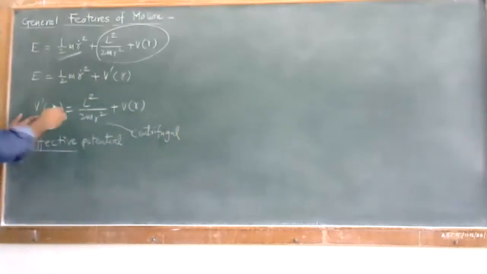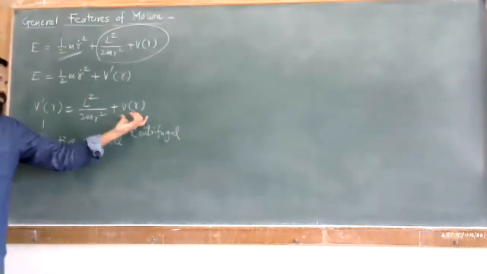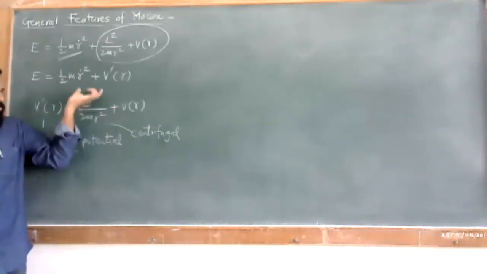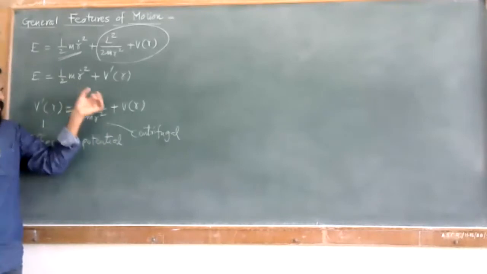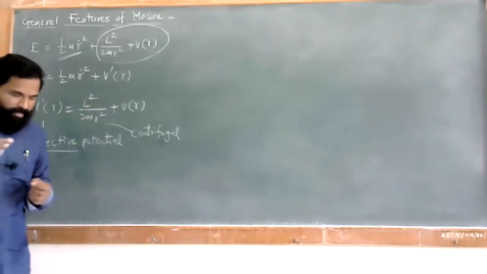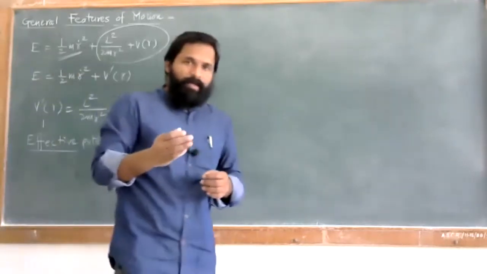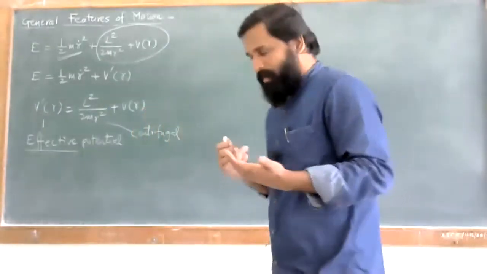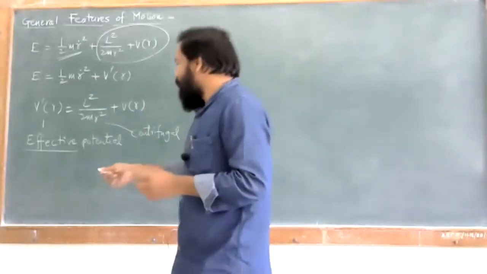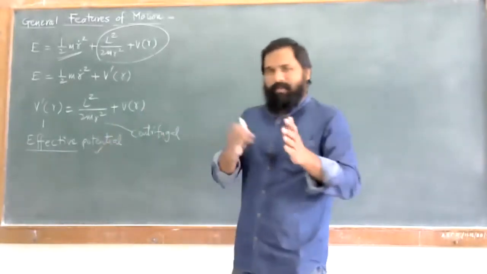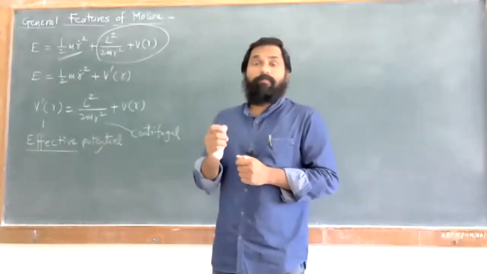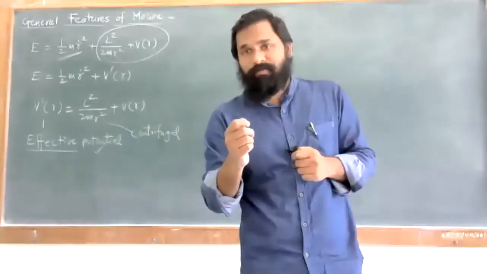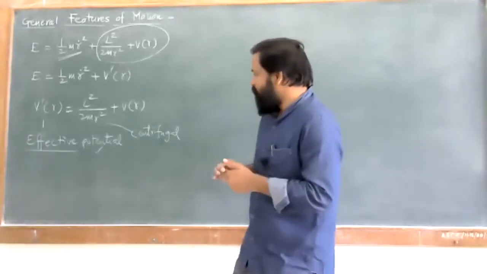Okay, so we know all the terms: effective potential, actual potential, and this is nothing but the centrifugal potential or centrifugal energy. So you can have those conditions. Now the point is, if you have a potential, what should be your force? Just as we have an effective potential, on the same basis we must have an effective force in order to have a central motion, or motion in the central force field.